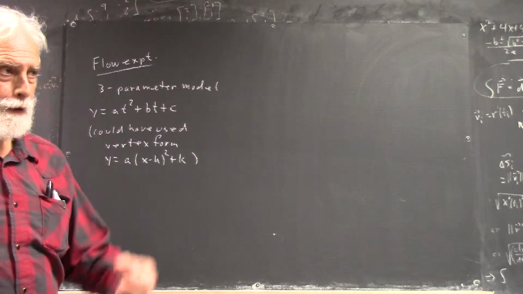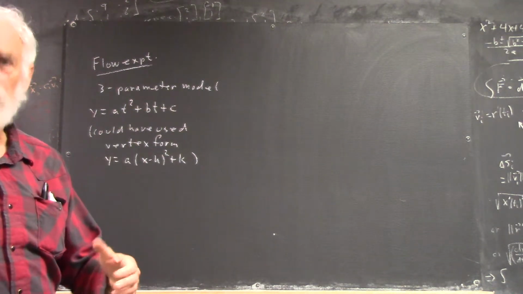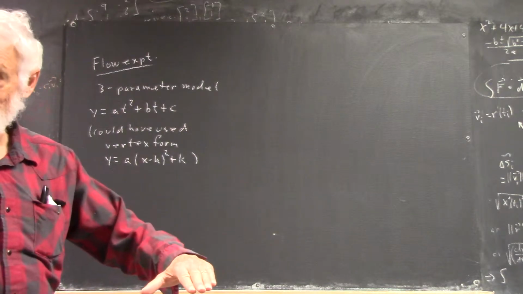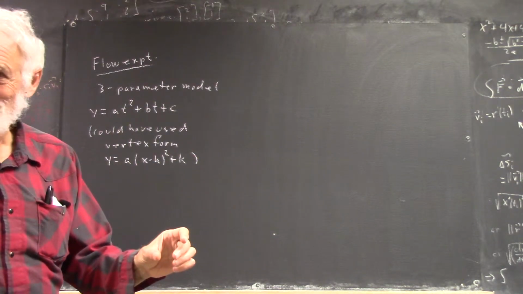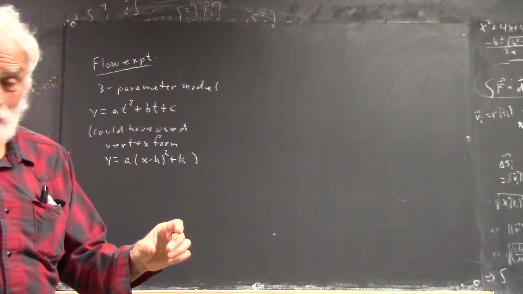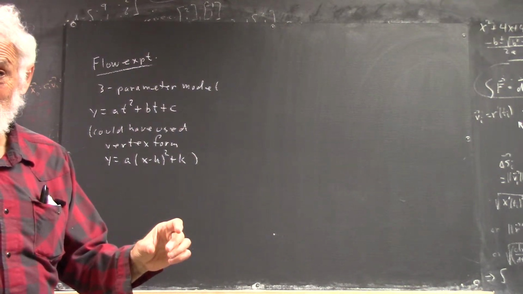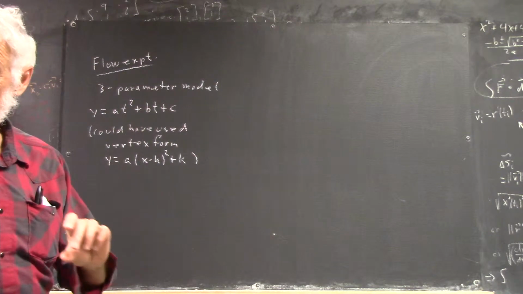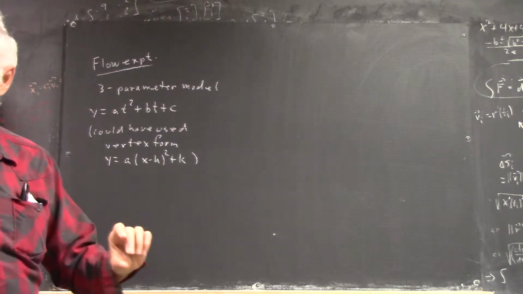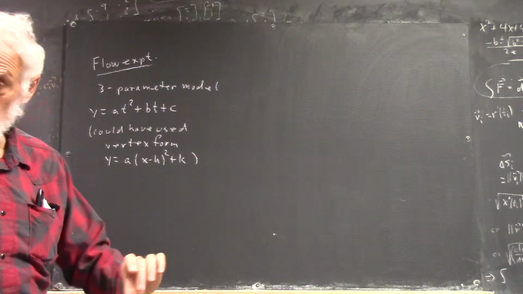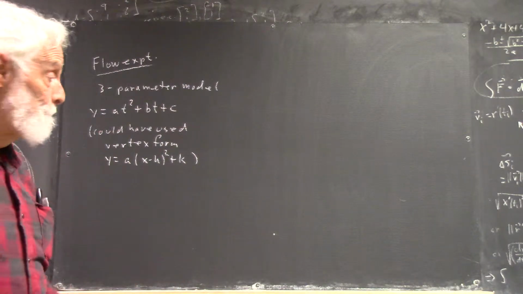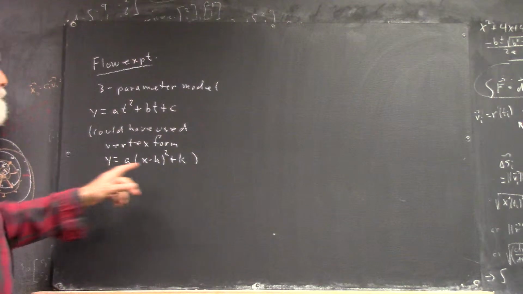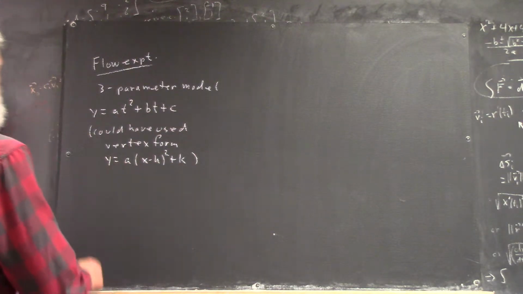And the reason for that is when you get close to the vertex, which is what occurs when the flow stops, there's a little surface tension in the water. Okay? And that prevents it from acting exactly according to the rest of the model. It changes the model a little bit when you get down toward the end. Okay? So we probably don't want to use this model, but what we did,